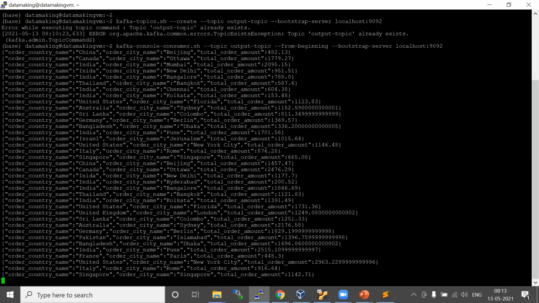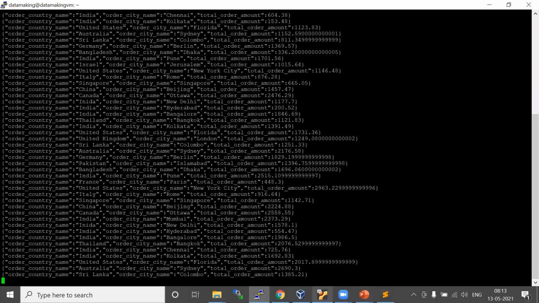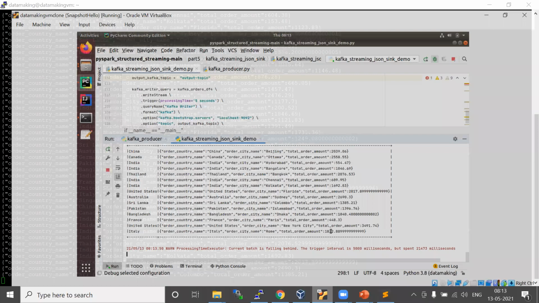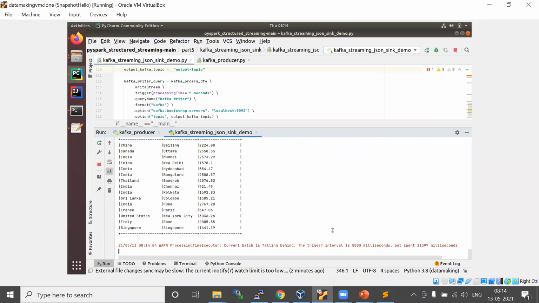So you need to write into that Kafka cluster using the Kafka Sink. That is the scenario we just showed you here. That's how you need to use a file sink and a Kafka Sink. I hope this is clear. Let me know if you have any questions.